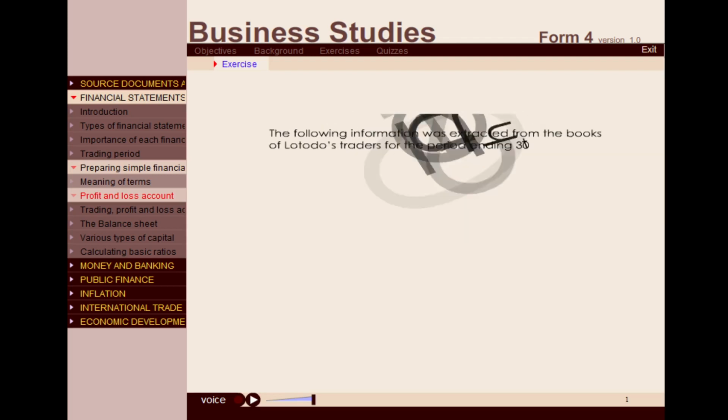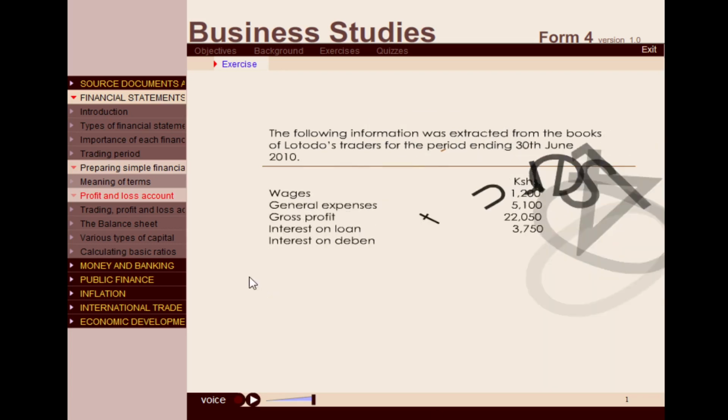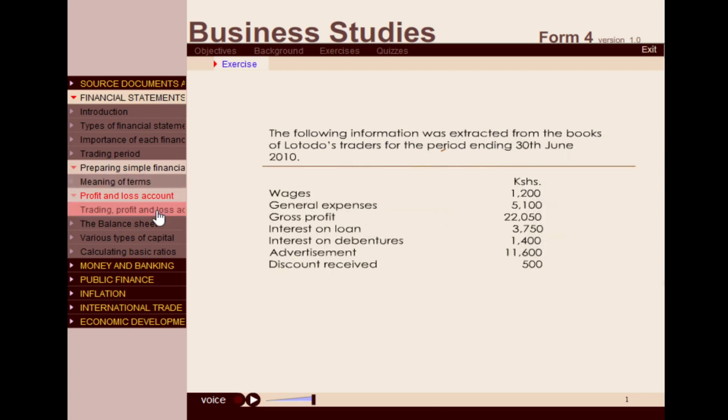Exercise. The following information was extracted from the books of Lotodo's traders for the period ending